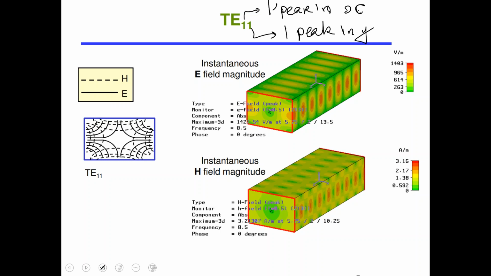So the way it would look is a field variation where, again remember, in TE11, because there is one peak in x and one peak in y in terms of the cos and the sine functions, you would now notice that you have both